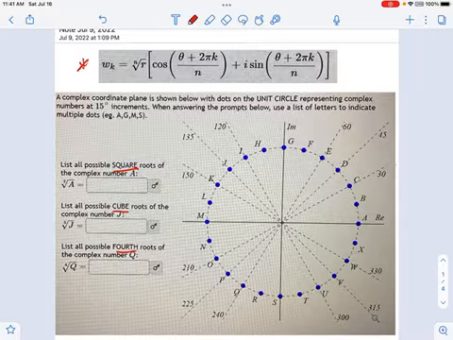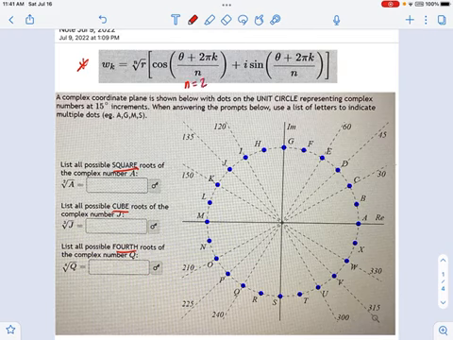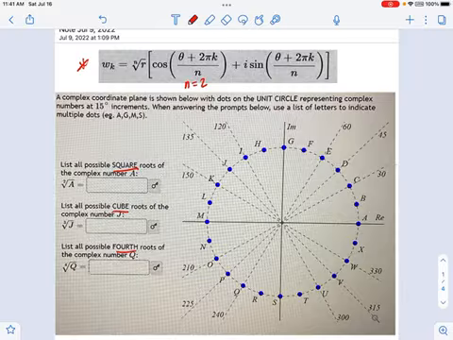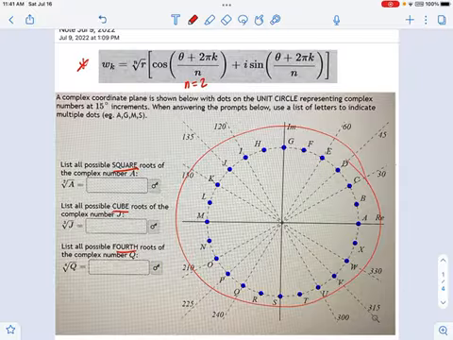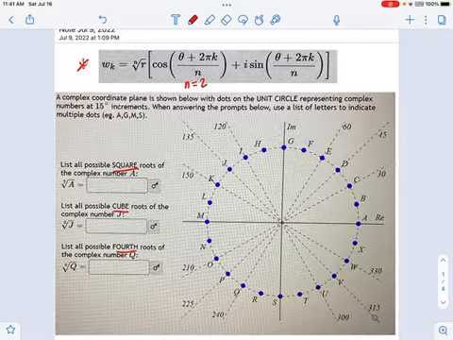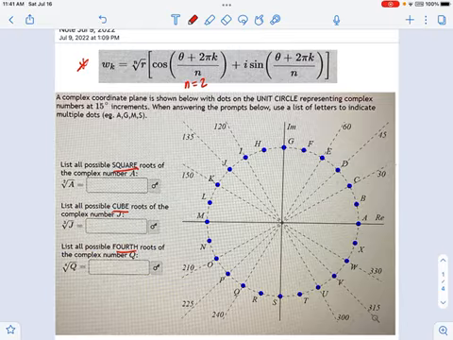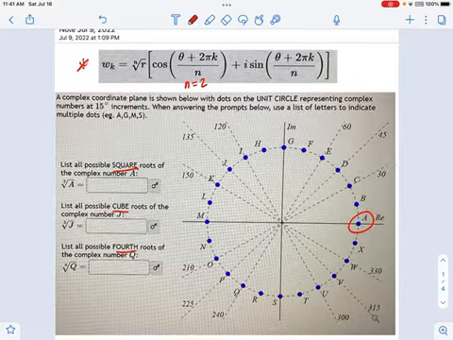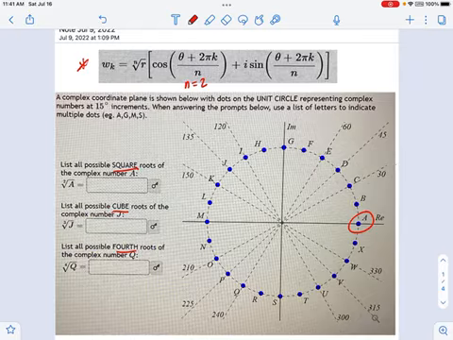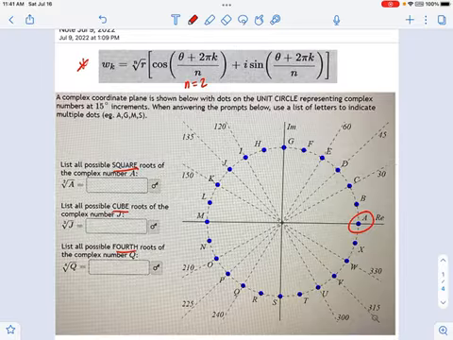Okay, so that means this n value is going to be either n equals 2 for a square root, or 3 or 4 for the cube roots and fourth roots. We'll get to those. What we're going to do is take all these numbers, which are on the unit circle, meaning they all have a modulus of 1, and that's helpful. We're going to be taking square roots of them and cube roots of them and so on. So we'll start off with A. Where is A? That's right here. So if I take the square root of that, I should be able to find its location in some of these other points around the circle.